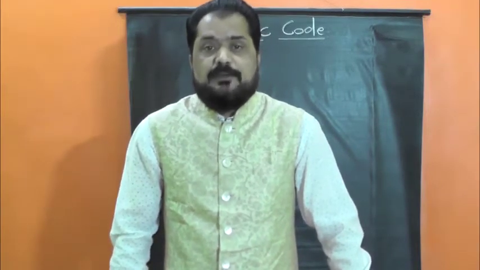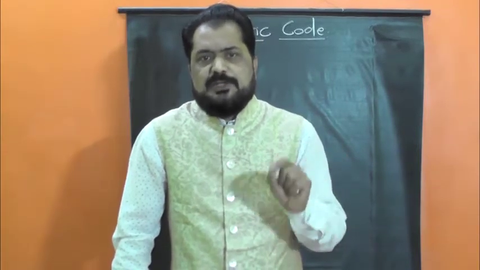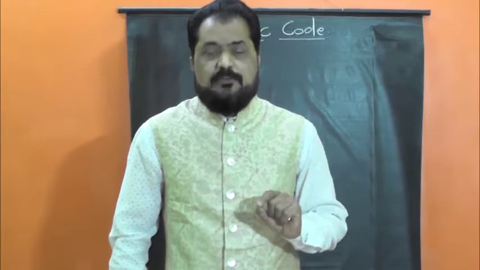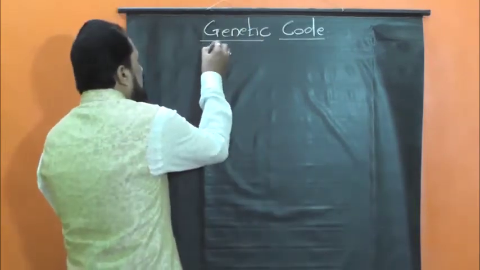Francis Crick first of all said that the basic genetic information necessary for the process of protein synthesis is present on DNA in the form of code language. Francis Crick first of all suggested that the basic genetic information present on DNA for the process of protein synthesis is present in the form of code language, and he called it the genetic code, or maybe known as cryptogram.